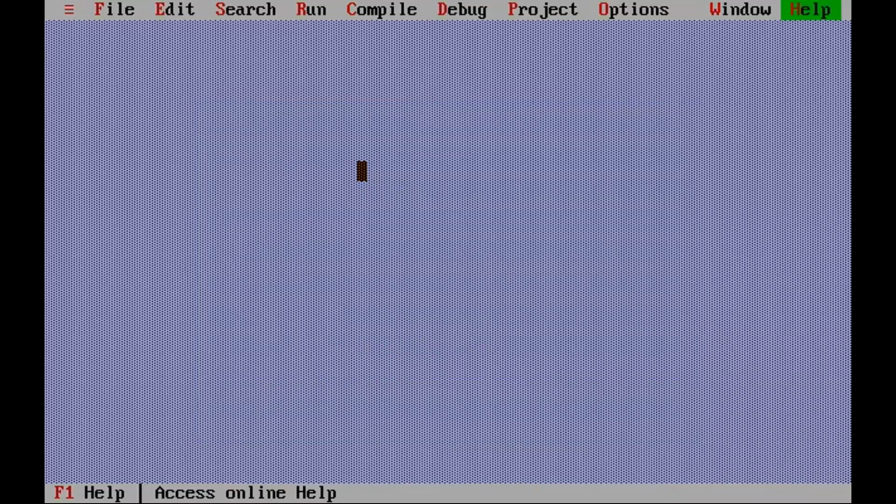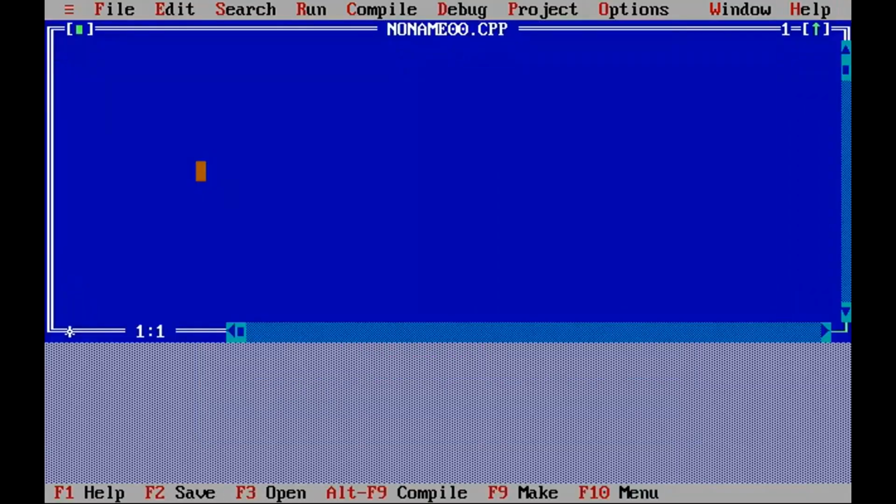So I will demonstrate a simple C program using all these options. Let us create a new program file using the new option. Open the file menu, go to the new option, select it. It will open some random file like this, and select this by using the mouse. Go to the edit menu, and you can make use of the clear command to clear this selected text. Like this, your screen is clear.